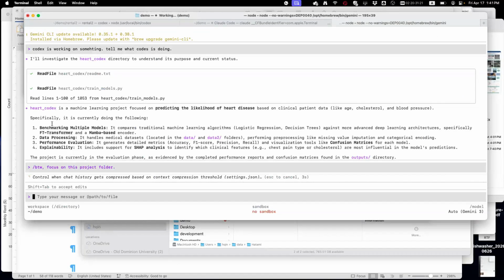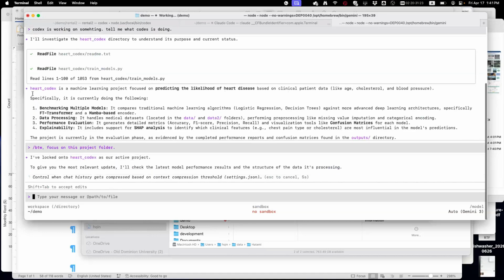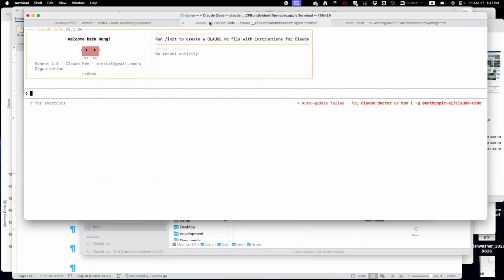Okay, so Gemini actually went to another project, Heart Codex. But then what I can do is go back to Claude. Claude is very good at fixing low-level coding errors. There's a reason why Claude is the best at coding. So I'm going to say: do a full project review. Review the work done by Codex.